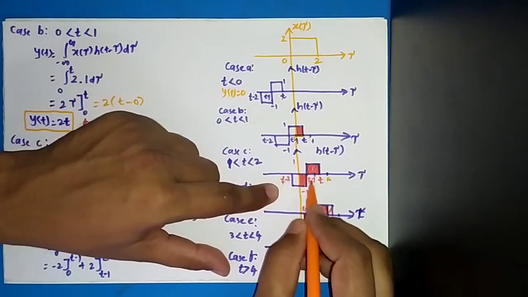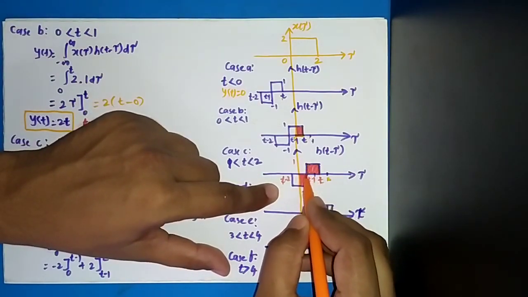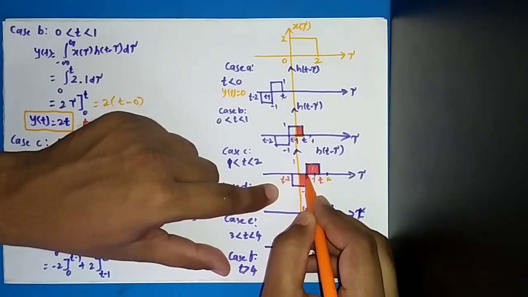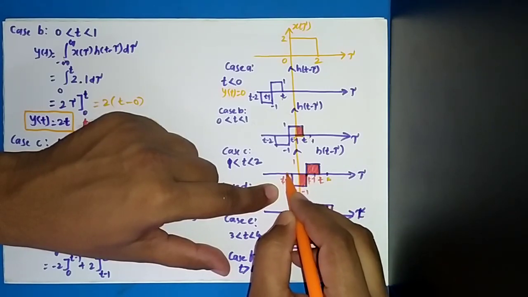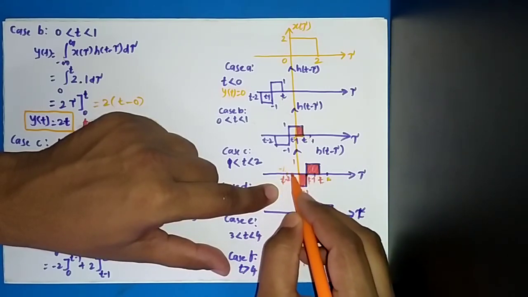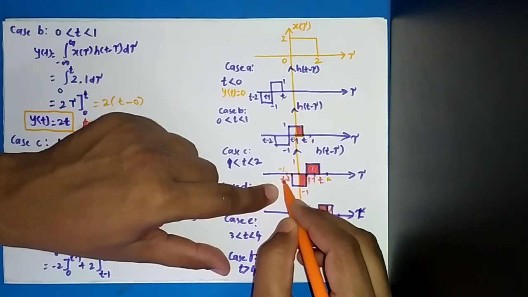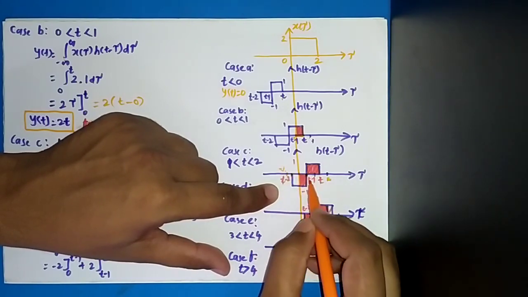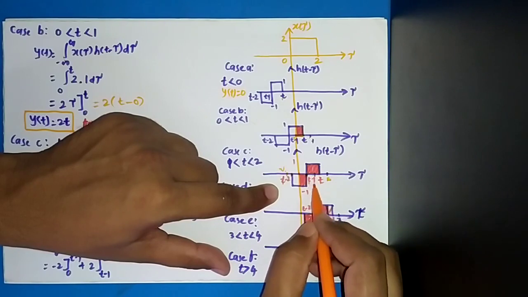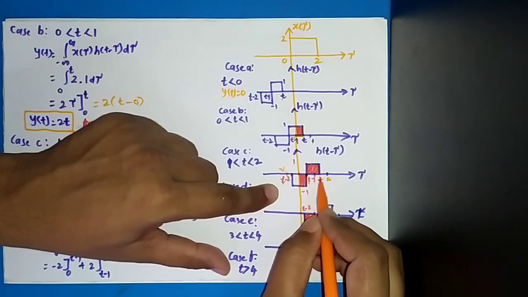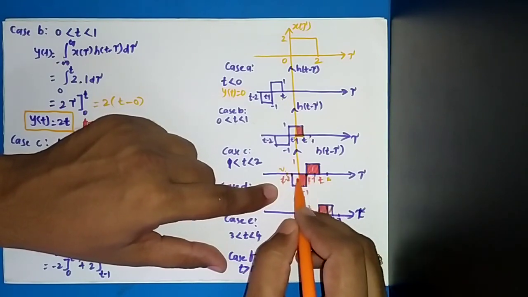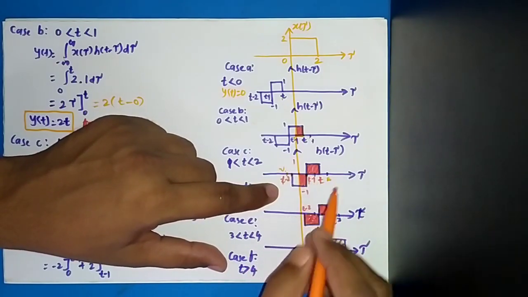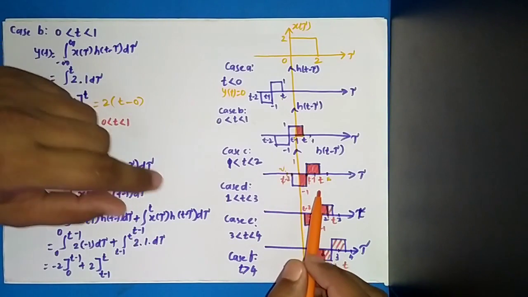obviously the first curve ends in between 0 and 1 here, and this h of t minus tau ends in between 0 and minus 1. I hope you are understanding this one. T minus 2 is greater than minus 1. T minus 1 is greater than 0, but it is less than 1, and t is between 1 and 2. So its period will not be changing. Okay, understanding?